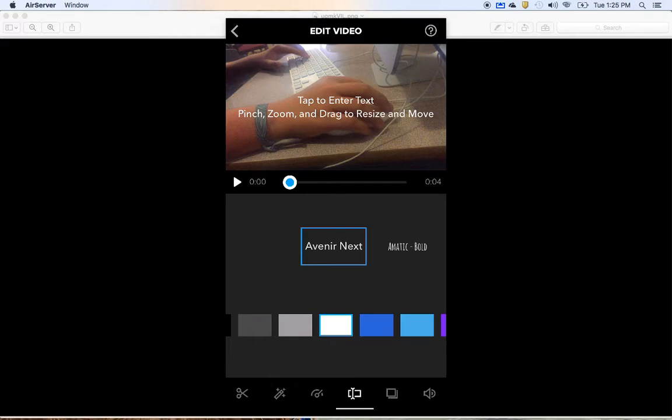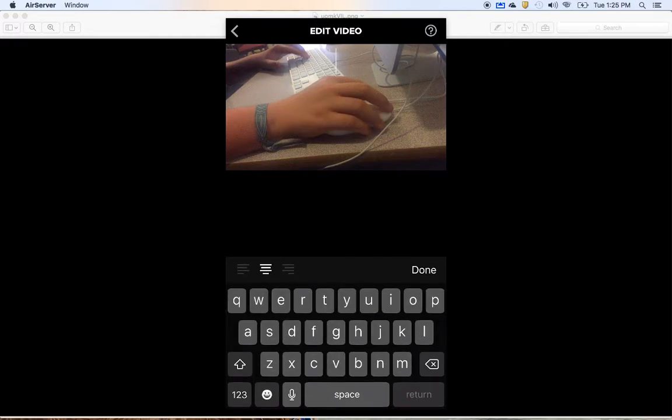So that's where you can see it says Avenir Next. You can see Automatic Bold. You can change the type of font you're using. And then as you can see, it explains up on the top there. It says tap to enter text. So I can just tap on that up on the screen and type in